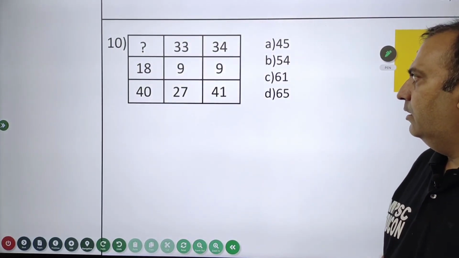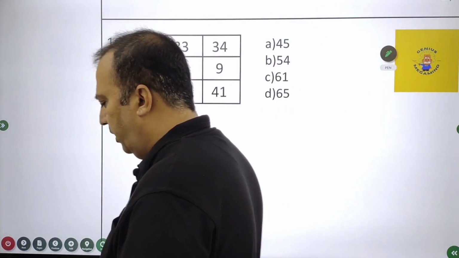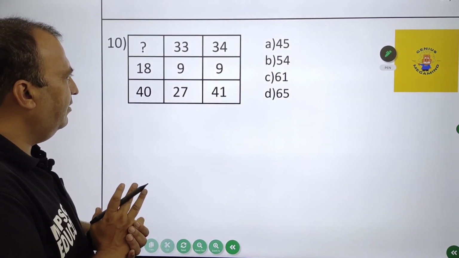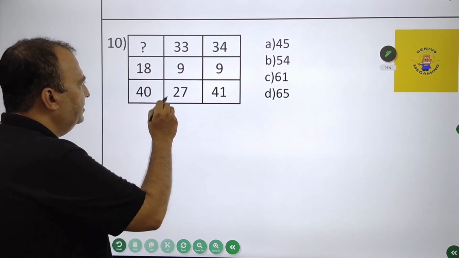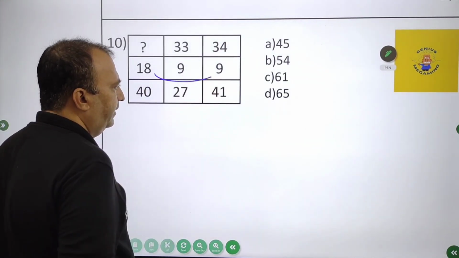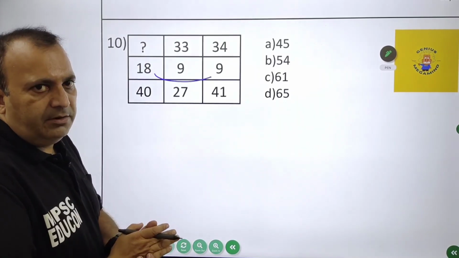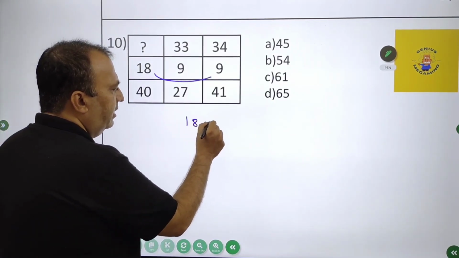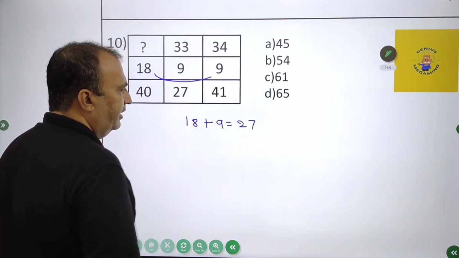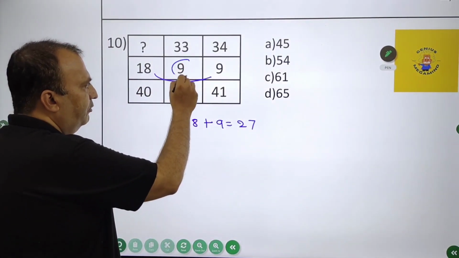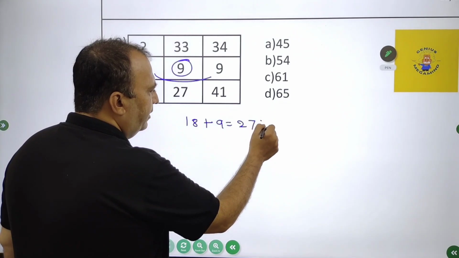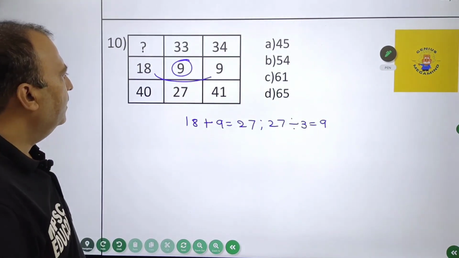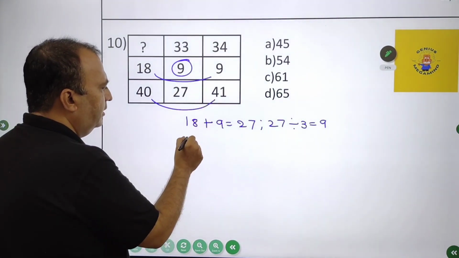Again keen observation tells me something. Fine. So how do I deal with the question? I have observed the numbers very carefully, and something really attracts my eyes, and that is nothing but 18 and 9, right? Something really attracts my mind. It is 18 plus 9. So 18 plus 9 if I do, it will be 27. But the number which I am finding in between is 9. So I'll have to divide 27 by 3 to get 9 as such. Fine.